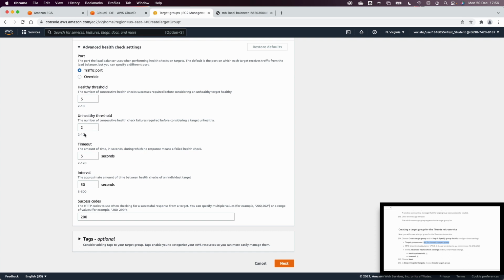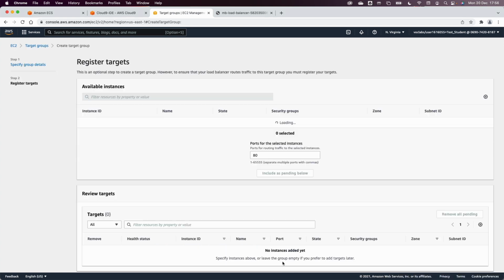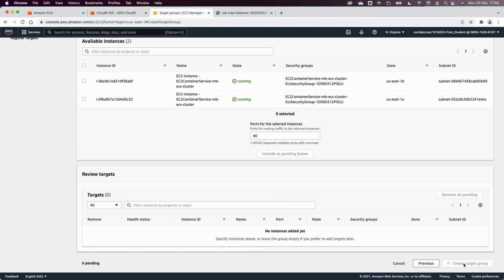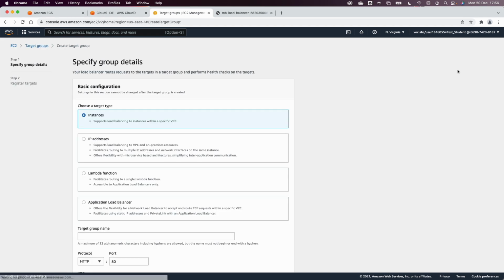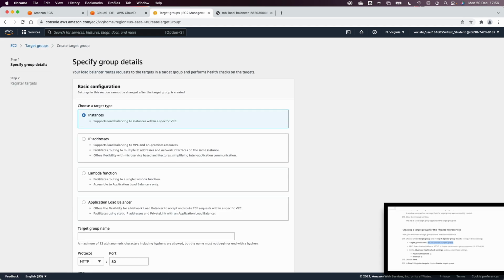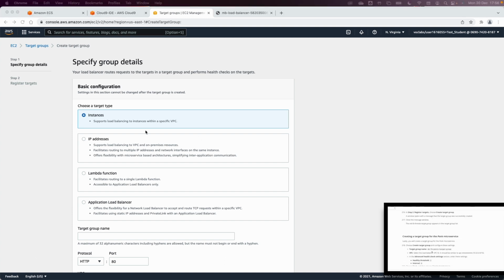The health threshold is 2, and here we want it to be 6. Click next, and now create a target group. Then create another target group, and this one will be for the threads. This target group will handle all the API requests to the threads,